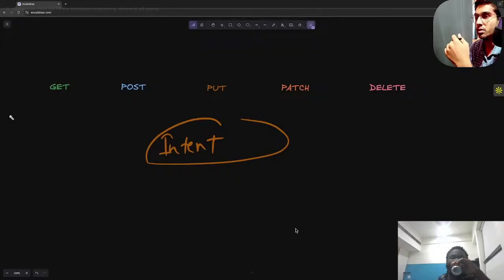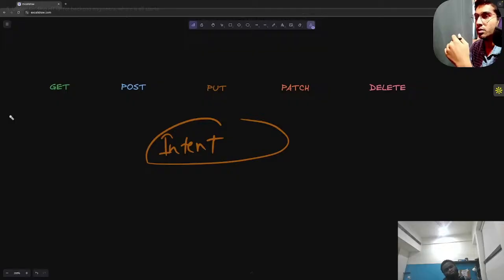We also have PUT, which is also used to update data, but what sets it apart from PATCH is that whatever data comes in the request body should completely replace the previous instance. Basically, PATCH can be thought of as an append action or a selective replacement, while PUT is a complete replacement. Even though a lot of times developers use PUT when they should be using PATCH and go against the semantics. So the rule of thumb is to always use PATCH unless you have a specific use case for PUT. Then we have the DELETE method, and as the name suggests, we use this to delete some kind of resource from